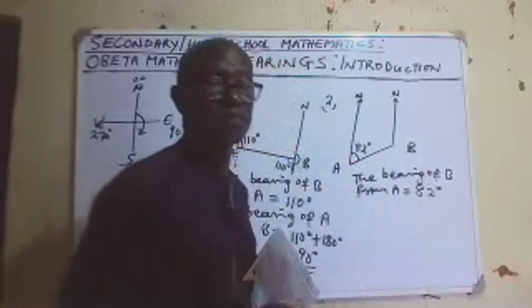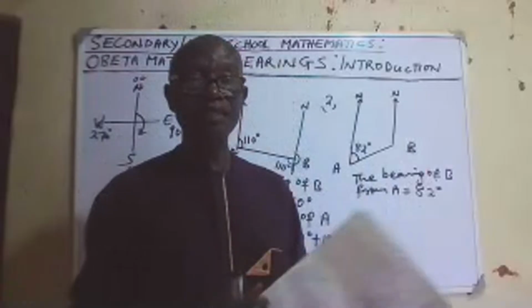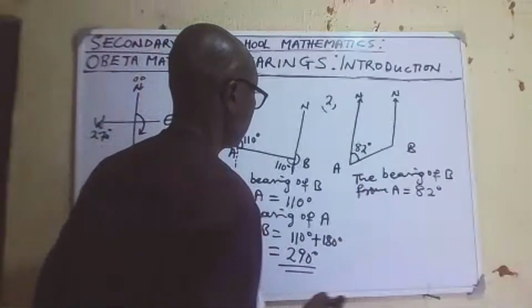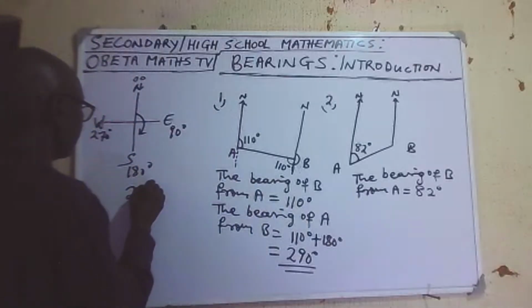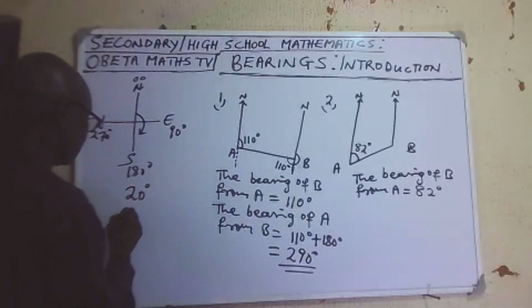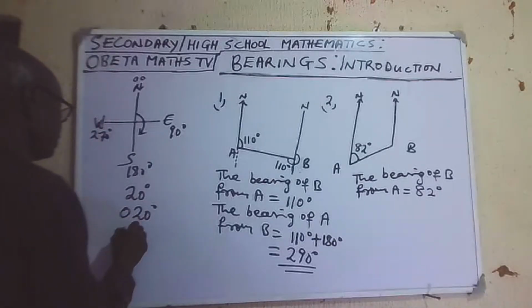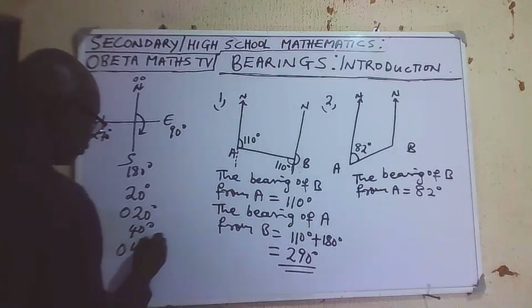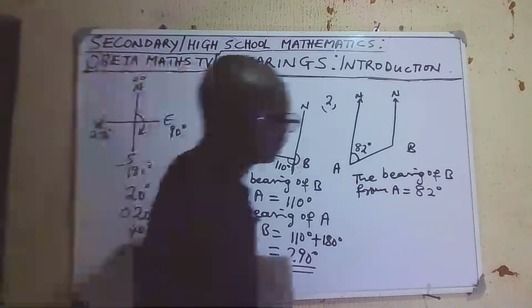And also, please remember, bearing is always represented by three figures. For instance, if I have 20 degrees, for instance, it can also be expressed as 020 degrees. 40 degrees can be expressed as 040 degrees, and so on. So coming back,